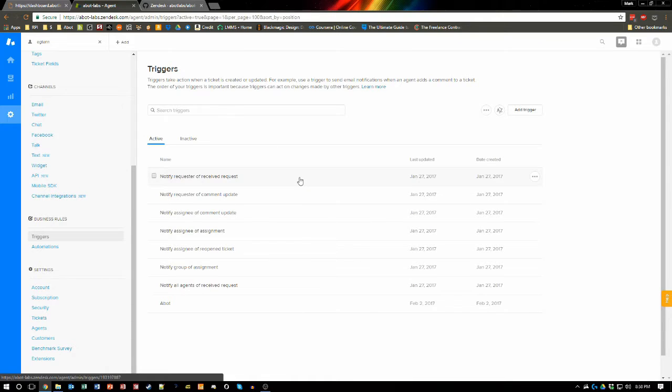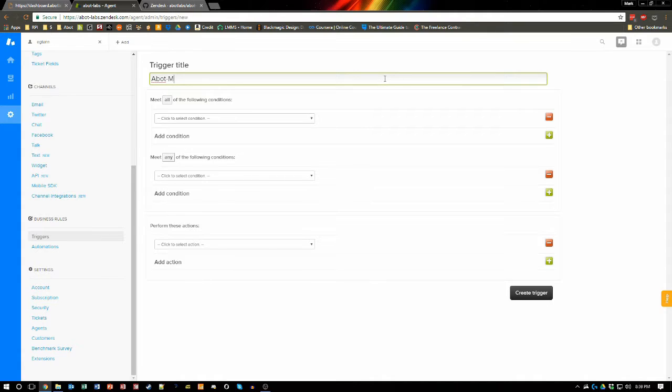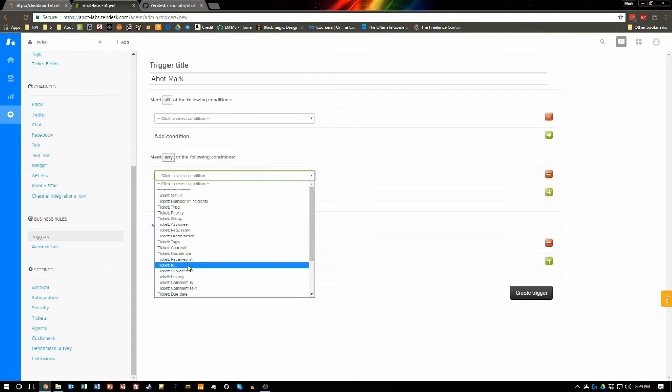I have a bunch of triggers already. You might not have any, you might have some. Either way, we're going to add a trigger. Name it something unique. I'm going to name it Abot-Mark. And then we'll need to choose when it should communicate. Instead of choosing all, we're going to go down to the meet any of the following conditions section. Choose ticket is